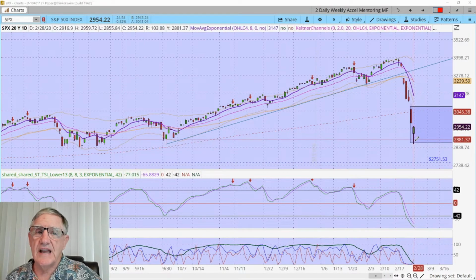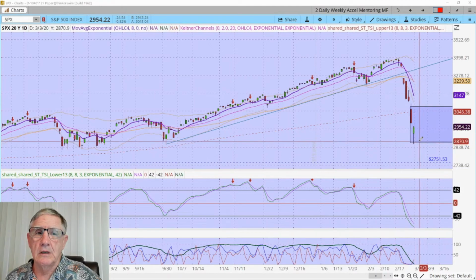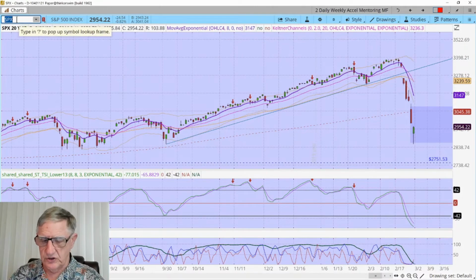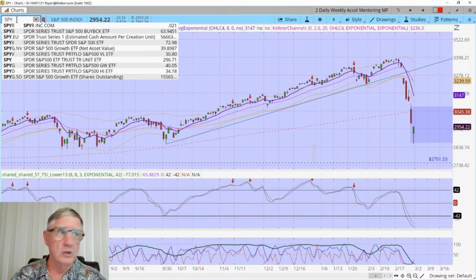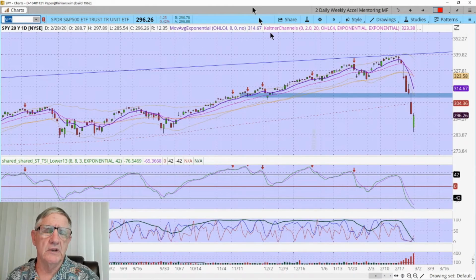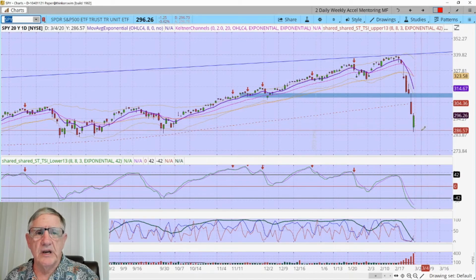Well, if that's the case and it breaks below that, if I take a trade on the spiders, I'll switch over to the spiders just to show us the same thing, because you'll be more likely to buy the spiders. There we go. A similar type situation, buy the spiders,